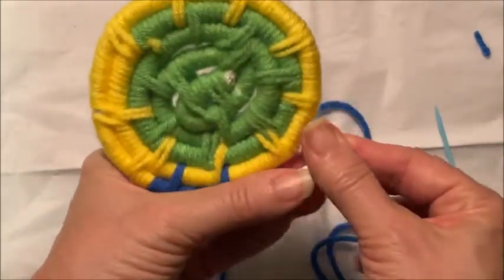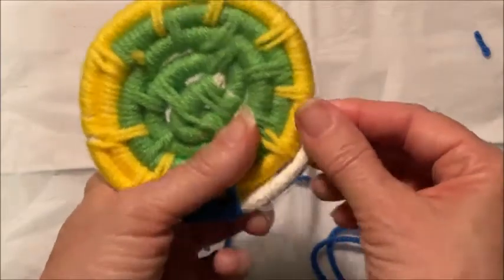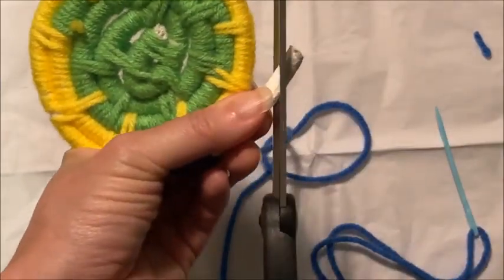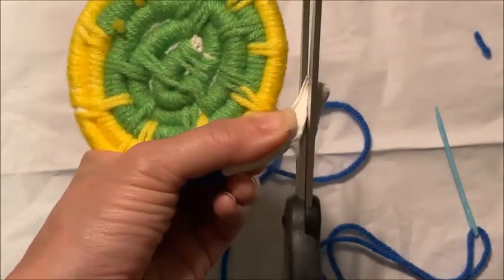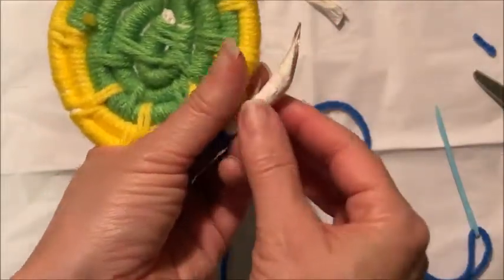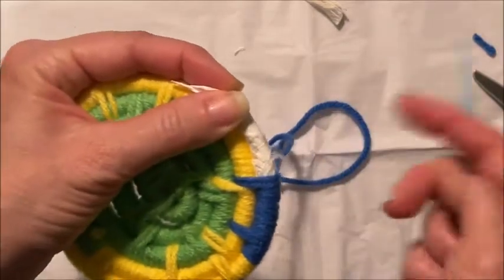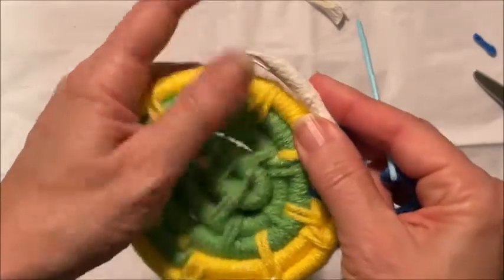So if we're going to end for a coaster, then you just take the end. Miss Thomas can help you with this part, and you're going to cut it at a severe chamfer. So that means that you're just going to cut it so that it is short going to long at this angle. And then when you have like less than a finger length,